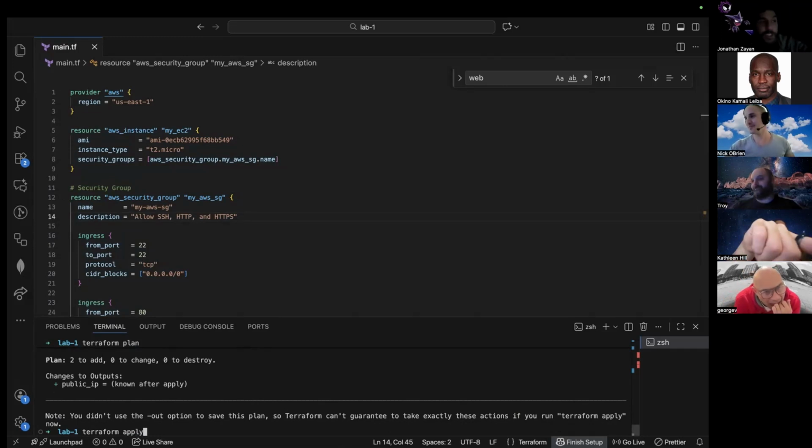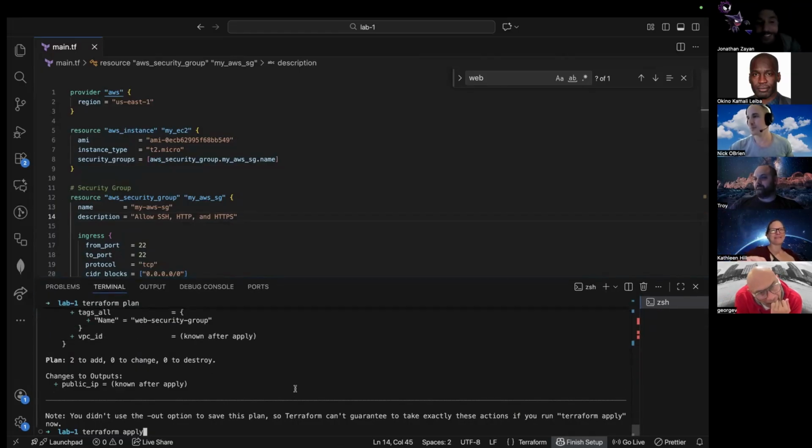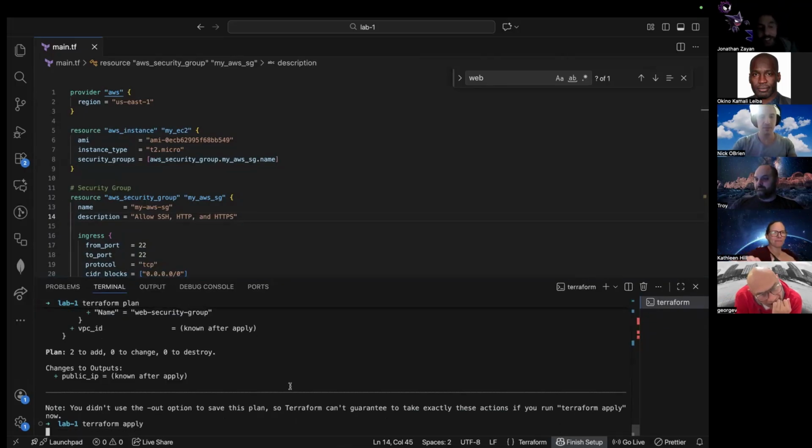Yeah, and because I guess you hit apply, or someone else hit apply first, I got an error saying they couldn't create the security group because it already exists with that name. All right, well, let's see what's going to happen. Right, we've got two different machines. Let's see. Terraform apply.